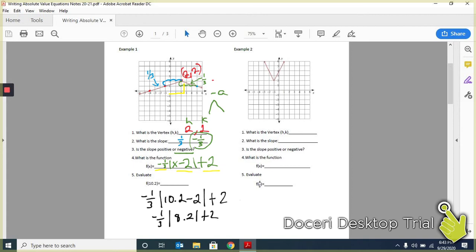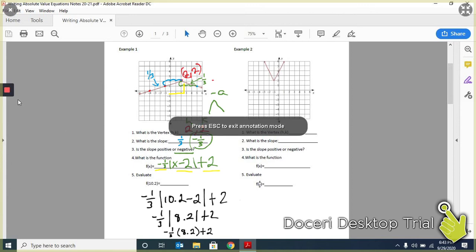I think I'm going to run out of space here, so I can get a little bit smaller. So then it's going to become negative 1/3 times 8.2, because the absolute value of 8.2 is still 8.2, plus 2. And if I do that in the calculator, which I just realized I forgot my calculator, so I'm going to